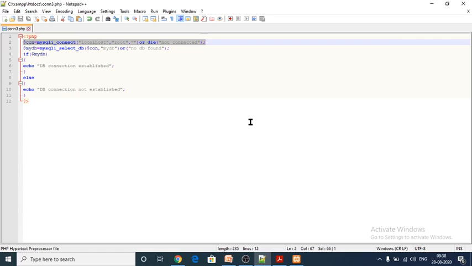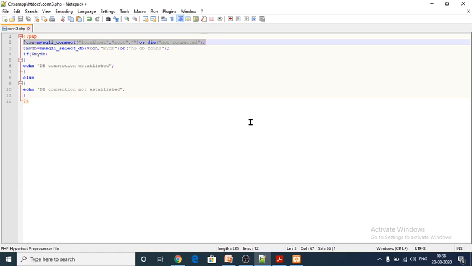The main goal of the MySQL and PHP connection is to retrieve the data from the database. That is the main goal. For what purpose are we creating a connection between MySQL and PHP? To retrieve the data and manipulate the database. Retrieve means select and fetching the data from the database. Manipulate is nothing but updating the record, modifying the record, deleting the unwanted record. These all come under manipulate.